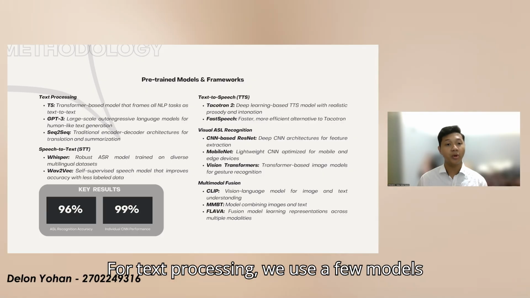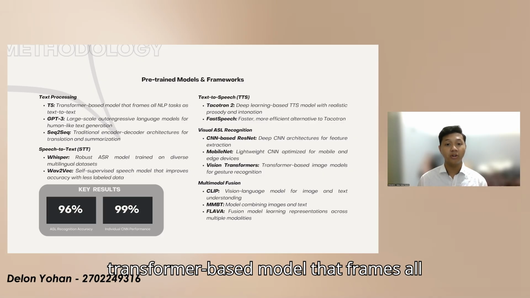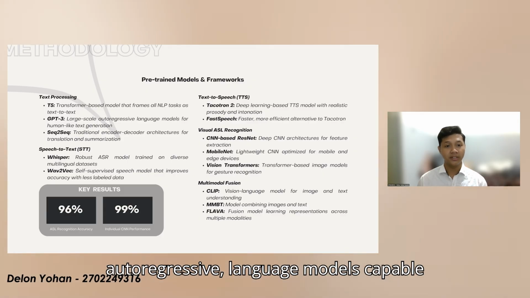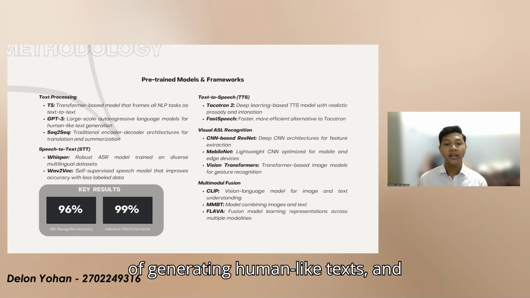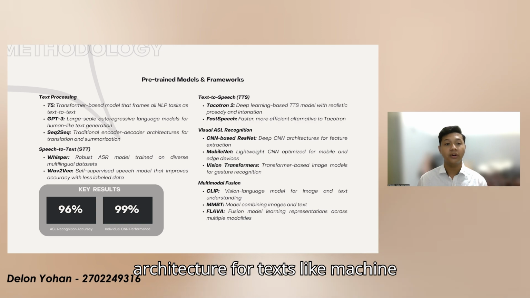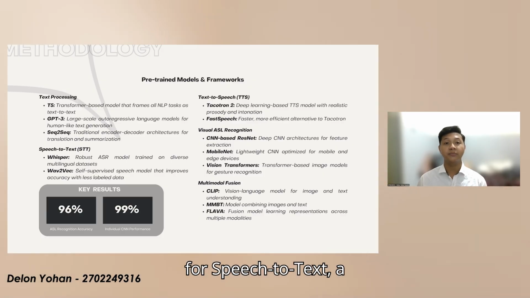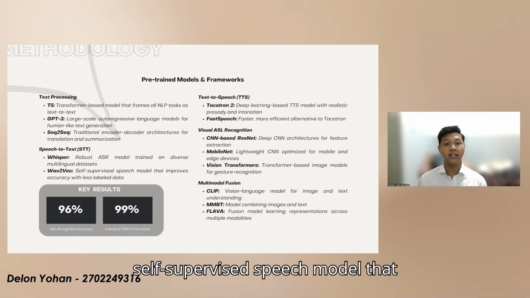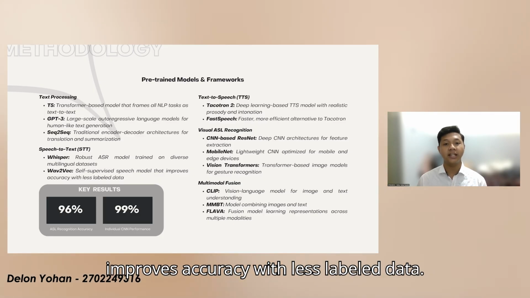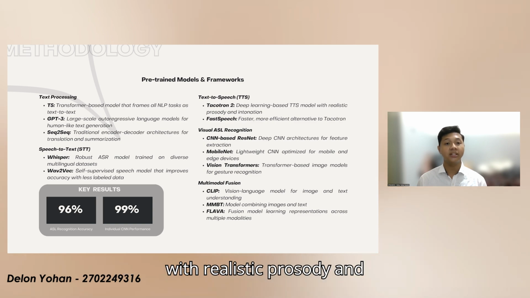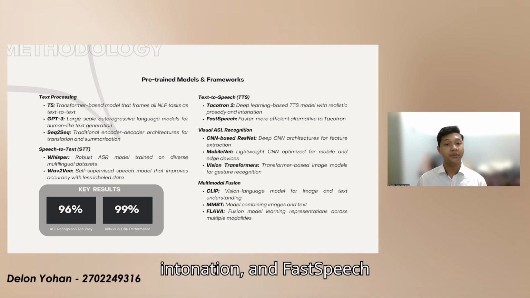For text processing, we use a few models such as T5, a transformer-based model that frames all NLP tasks as text-to-text; GPT-3, a large-scale autoregressive language model capable of generating human-like text; and seq2seq, a traditional encoder-decoder architecture for tasks like machine translation and summarization. We also use Whisper for speech-to-text, a robust ASR model trained on diverse multilingual datasets, and Wav2Vec, a self-supervised speech model that improves accuracy with less labeled data. On text-to-speech, we use Tacotron 2, a deep learning-based text-to-speech model with realistic prosody and intonation, and FastSpeech,